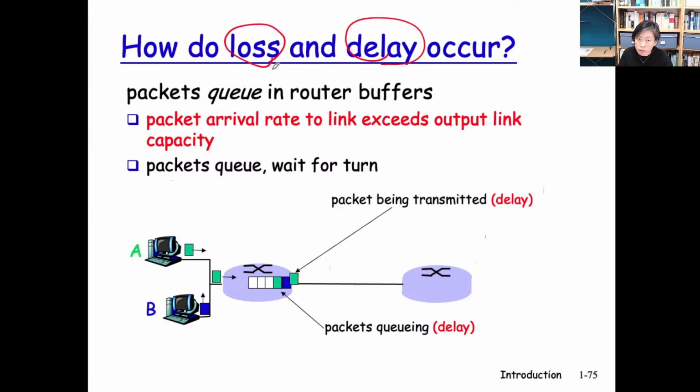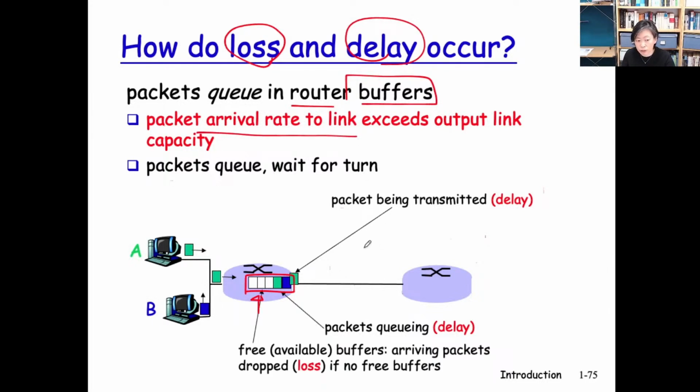Packets might get lost as well at the router, and it happens here. Focus on this thing here. It's the packet queue. The size of the packet queue is limited. By the way, that packet queue is also often referred to as the buffer. The buffer space is limited, just like the memory space is limited. The buffer space is just a way of calling the memory reserved to store these packets. Given that the amount is limited, in case congestion persists for a long time, eventually you run into the situation where there's no longer free buffer space in the queue. In that case, arriving packets will get dropped, and therefore we see packet losses.